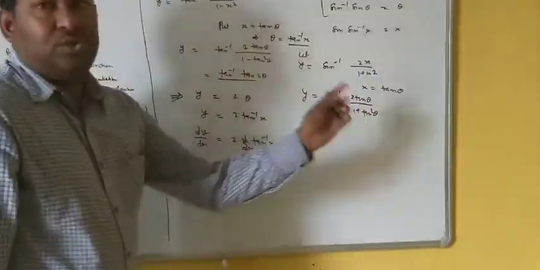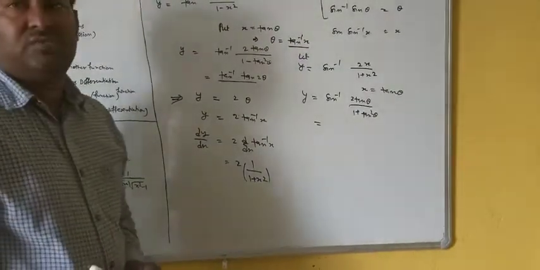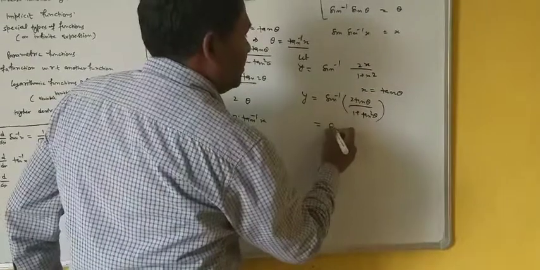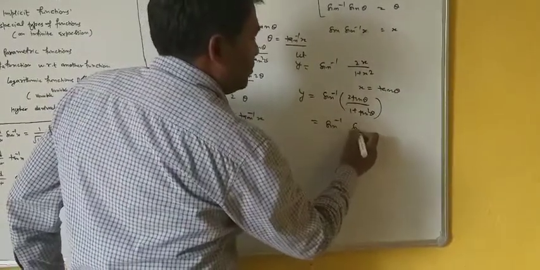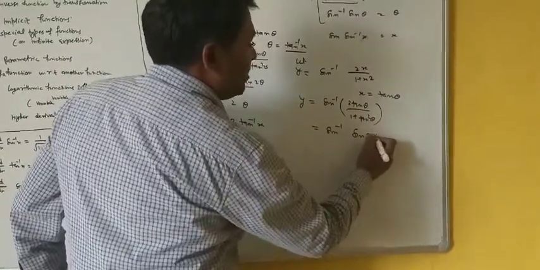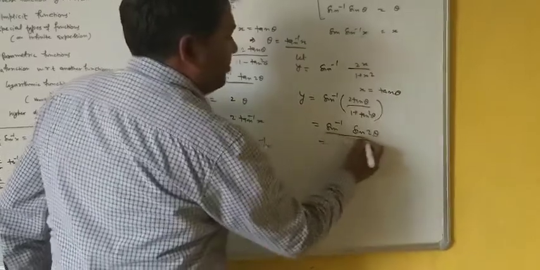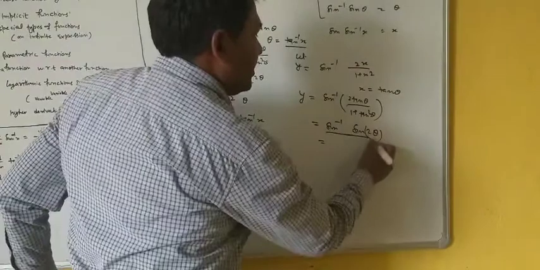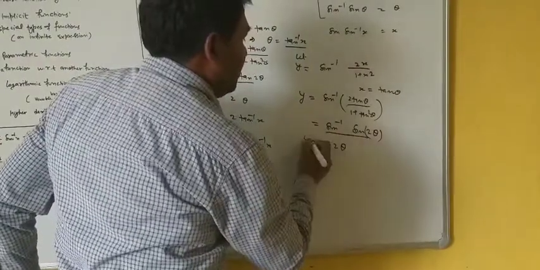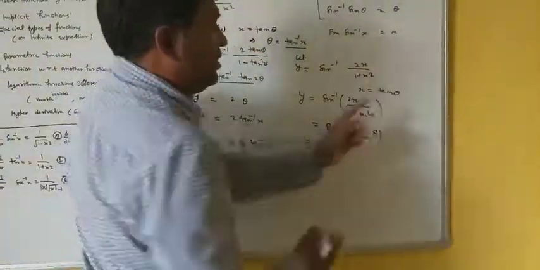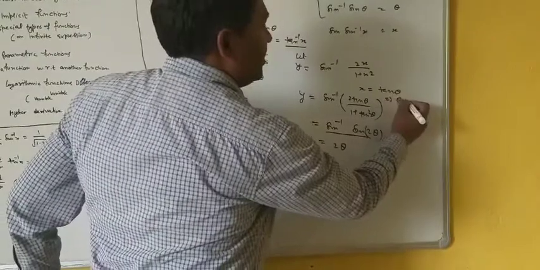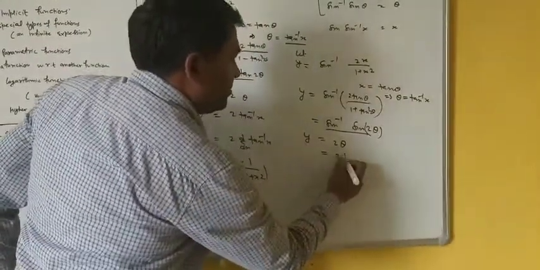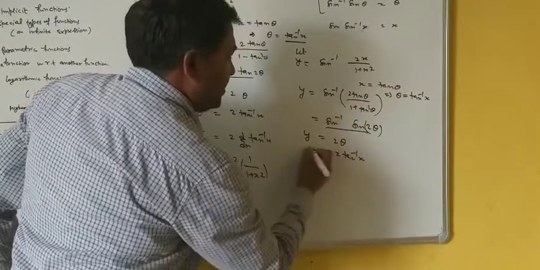And see, 2 tan theta upon 1 plus tan square theta gives you sin 2 theta. This is the formula of sin 2 theta. So first of all, you need to learn all the formulae of trigonometry. By this rule, sin inverse sin gives you theta, meaning whatever is at the place of theta will come here. And if x is tan theta, it implies that theta is tan inverse x. Therefore, putting in tan inverse x.